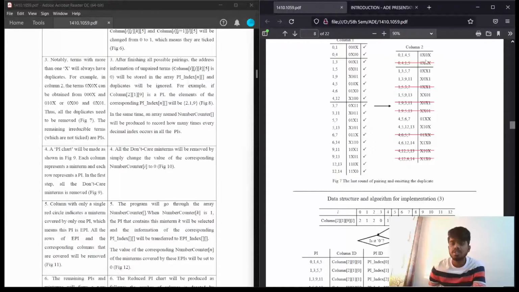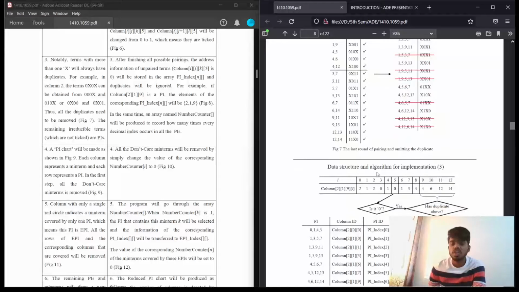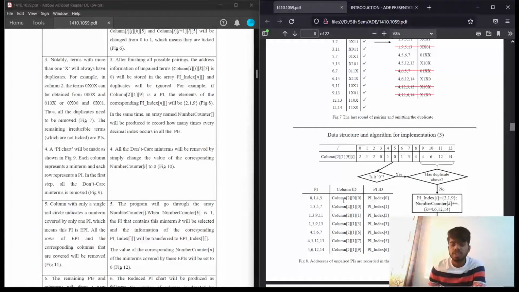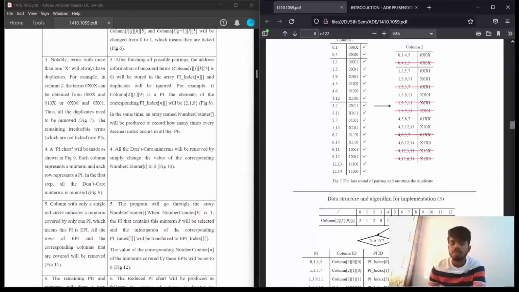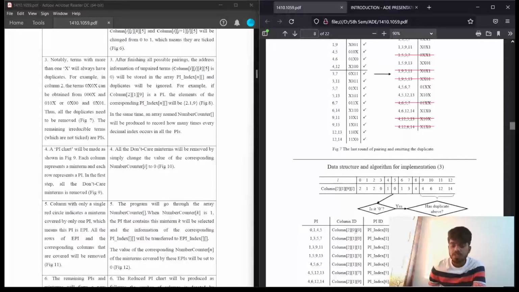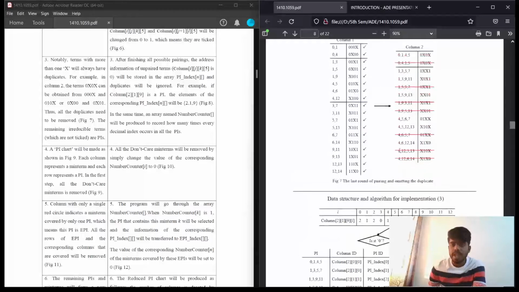Take for example 0145, that's nothing but 0x. So this is given as 0145. It's there in column 2 and in the 0th group. The 0th group means the number of ones is 0, and it's the 0th term of this particular group. The same way 1357 is in the second column where the number of ones is 1, and it's the 0th term in this group.